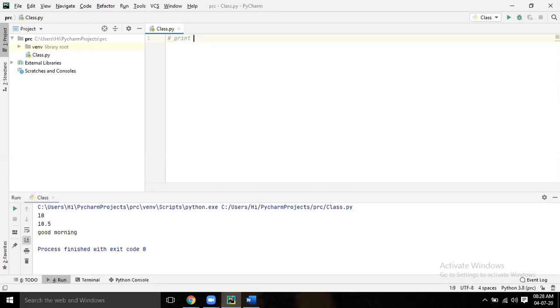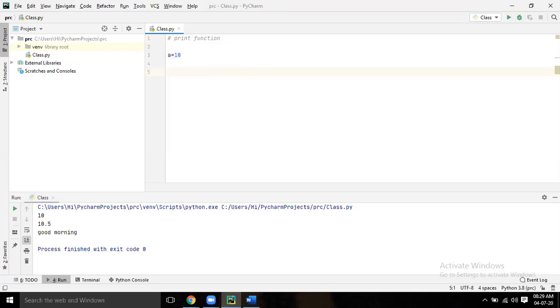So what exactly is print? Print is nothing but to display. Okay. Enter. So here, let's say a equal to 10. Enter. One more time. See why I'm giving this space: the first paragraph is the comment line, the second one is where you're declaring the variables, and the third one is where we write the code. If you don't give it, also fine, but this is the systematic and good practice.